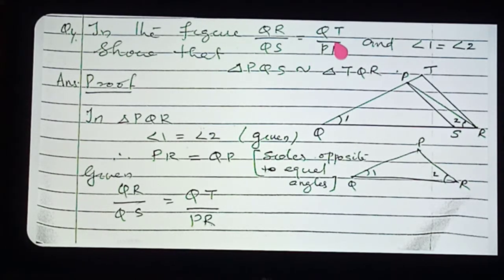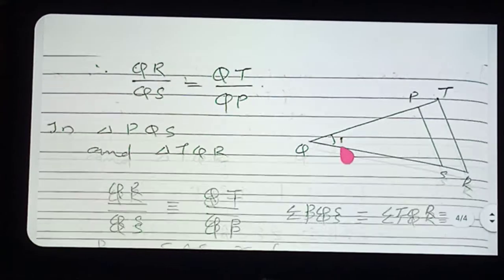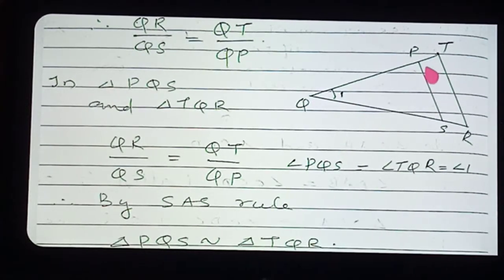In this question, instead of PR, we will write QP. See, systematically look at the diagram. Instead of this PR, what will we write? QP. That is the technique inside it. So here, look at the next diagram, and seeing it you will get the idea.